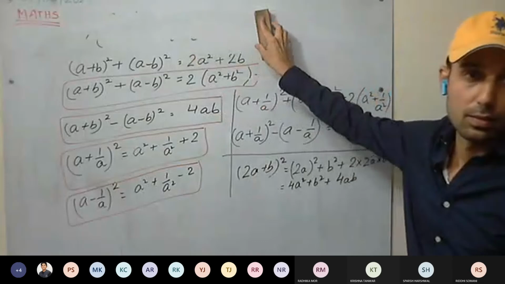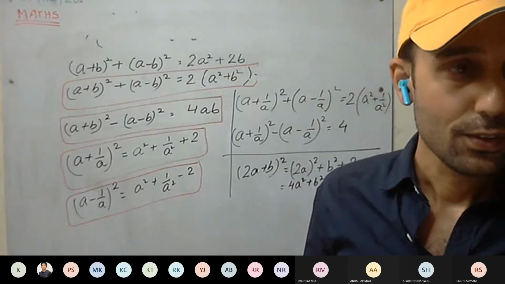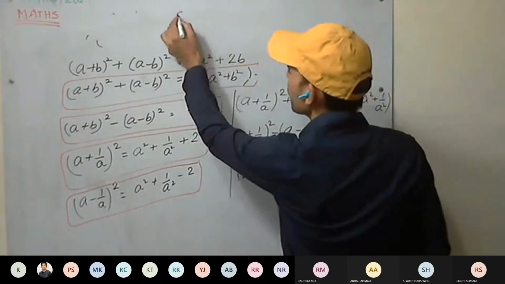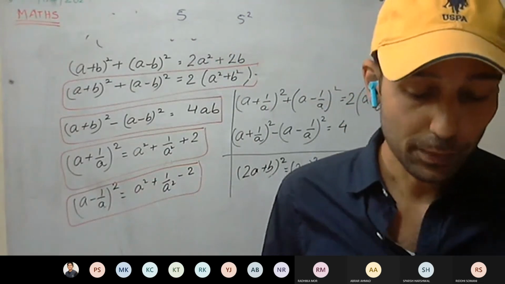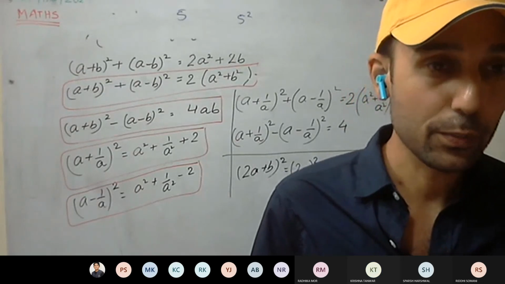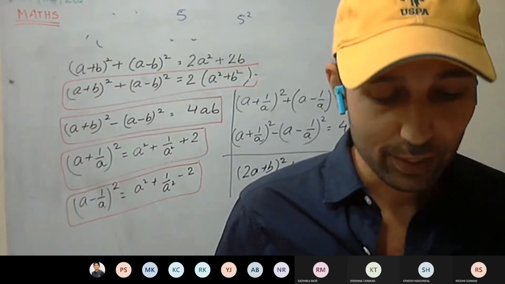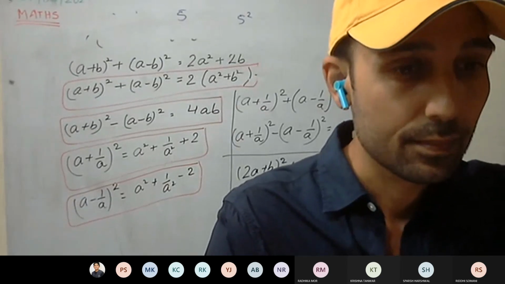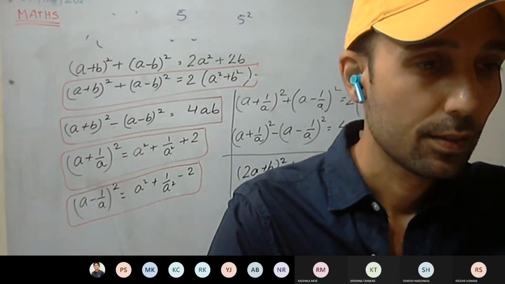Yes, sir, in this first question, why have you squared it? See here, read the question: find the square of. If I say find the square of 5, it will be 5 square. So we have to square. So always read the question properly. Always emphasize reading the question. If you read the question, half of the problem is solved. If you know what the problem is, you can easily solve it. So at least first we must know the problem. Okay, so read the question properly. Any doubt you have, you can ask.